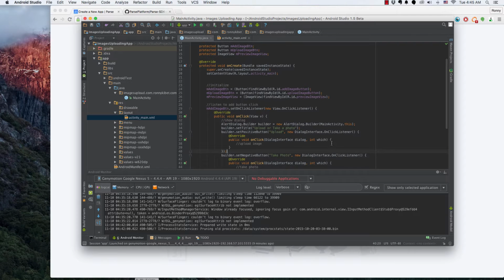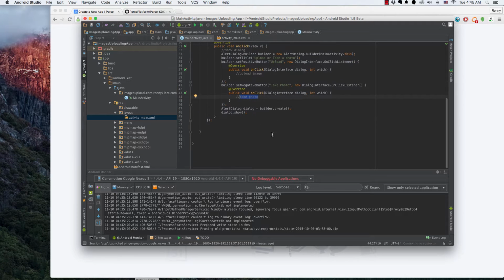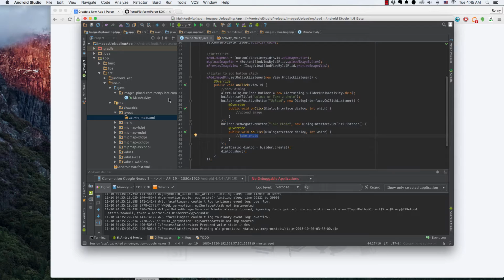All right, guys. So let's carry on from where we left off. Now, in this one, we're going to see how to use Android to upload images as well as take photos. So I have a previous project that I was working on, but first of all, before I open that project,